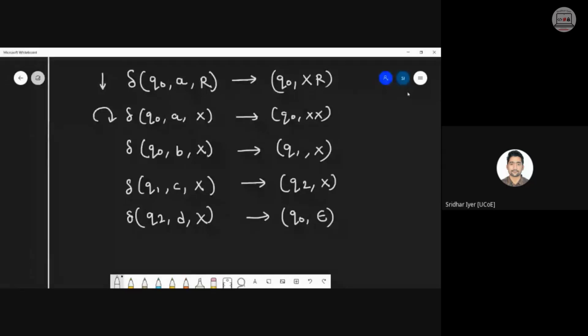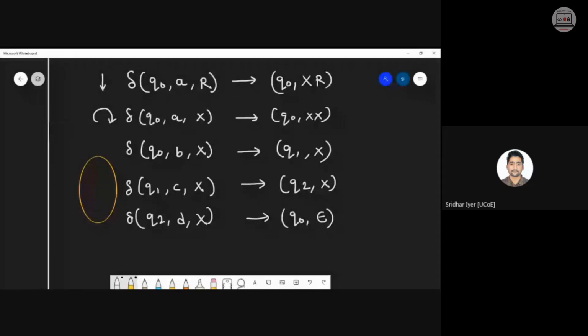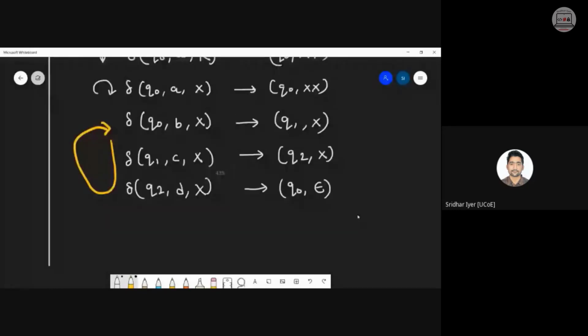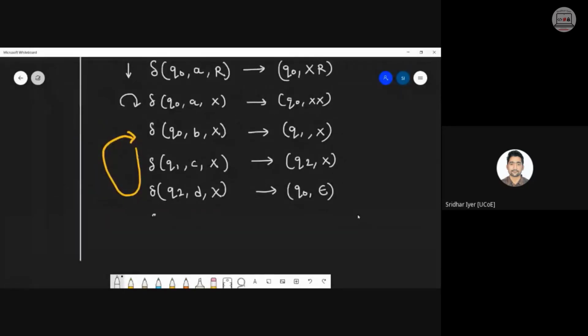Now in the same fashion, we have more BCDs, or to be precise, n number of BCDs left. So to read the next B, you tell me which is the state from where we are reading B. It is simply Q0. So that is why we need to make a transition back to Q0, and hence this will be a loop. This loop will go on till n number of times, and once I have read all the values of BCD, I know that the stack is empty.